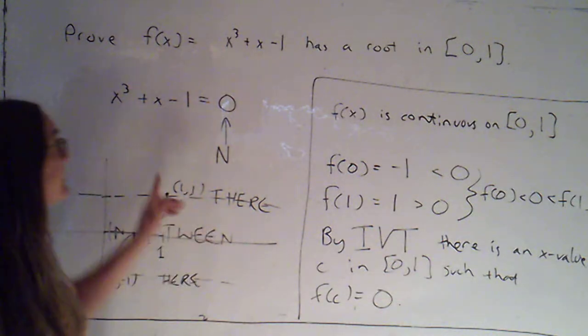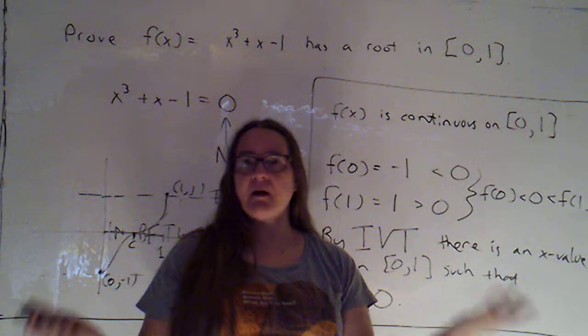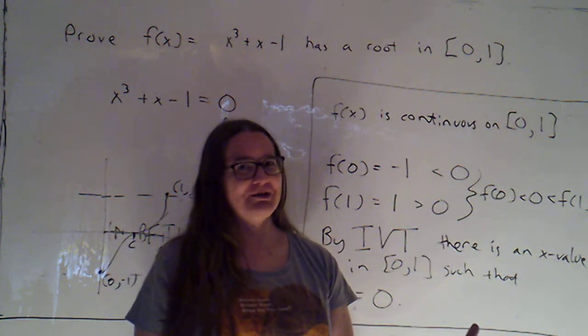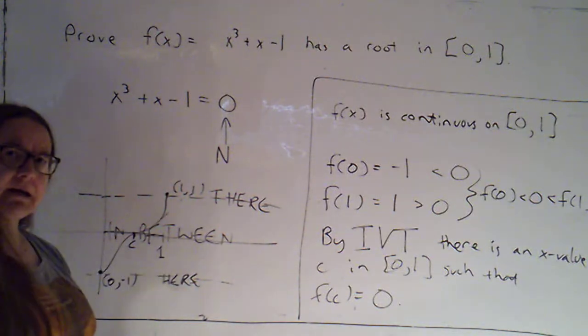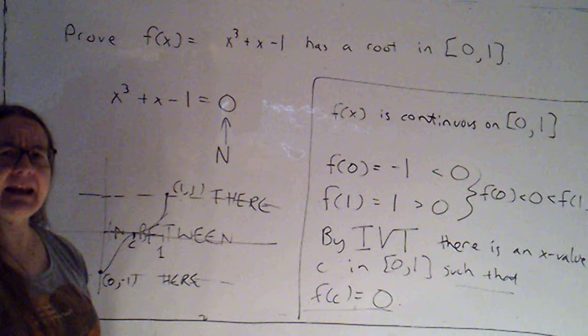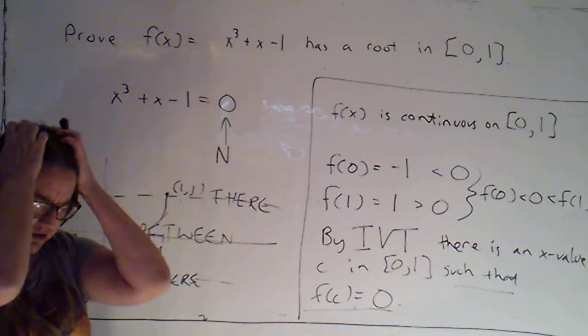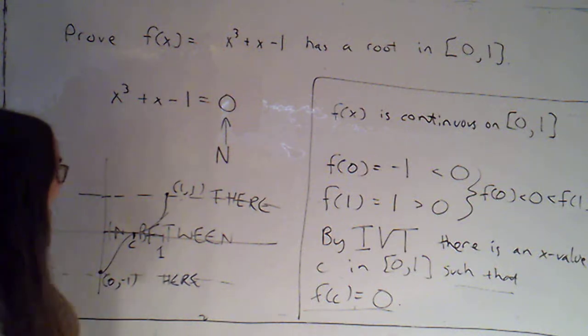Well, I was asked to prove that there's a root in that interval. So if I simply prove that there's a root somewhere, that's not what I was asked to do. Okay? So do make sure that you say it's got to be in that interval. Sometimes I've actually seen students who leave that out. And I think this is because they're trying to just memorize the words they're supposed to say rather than thinking